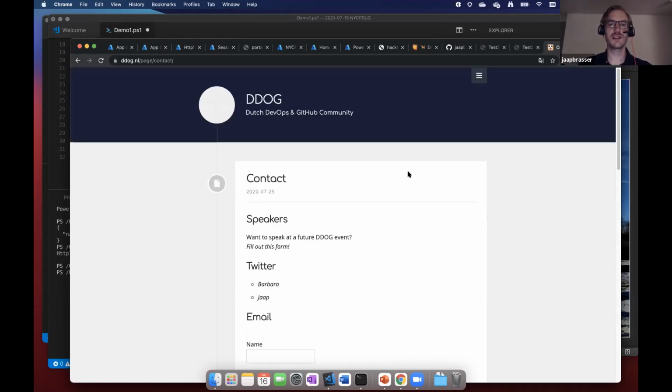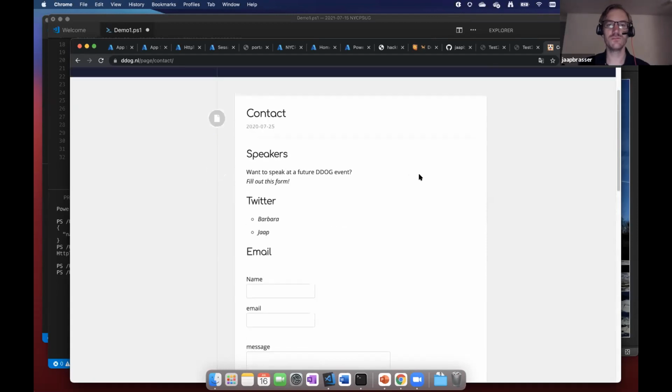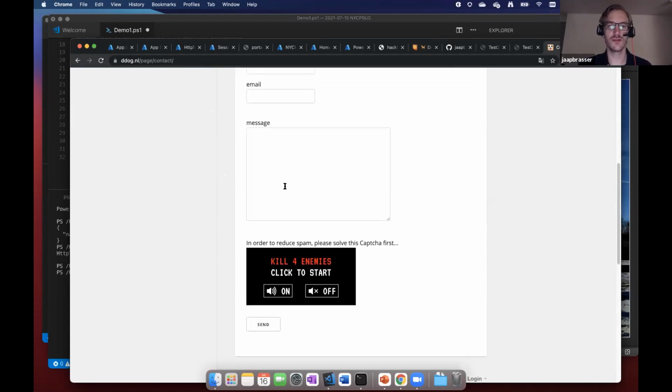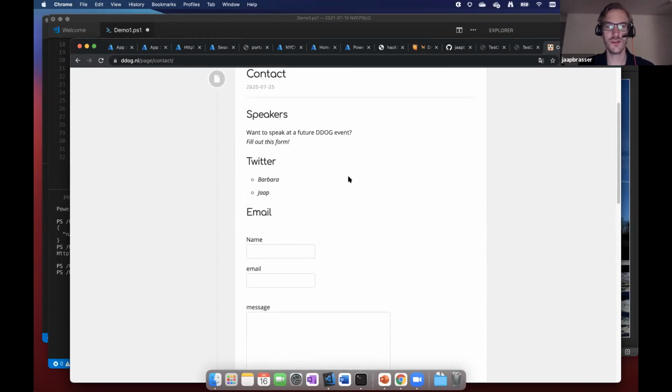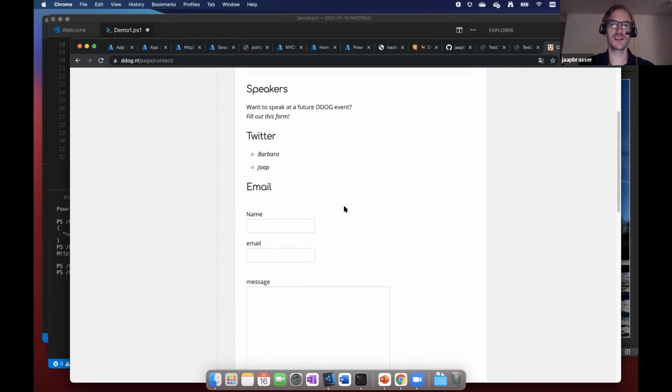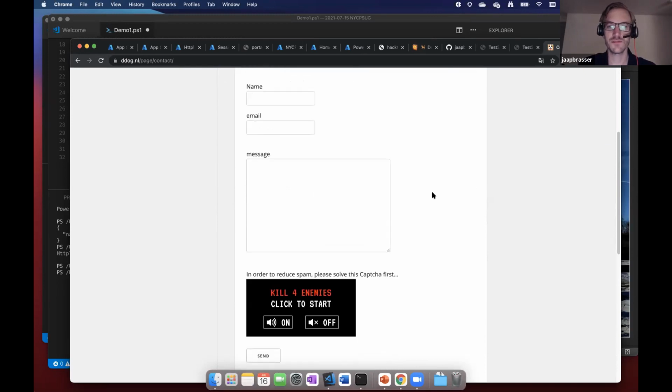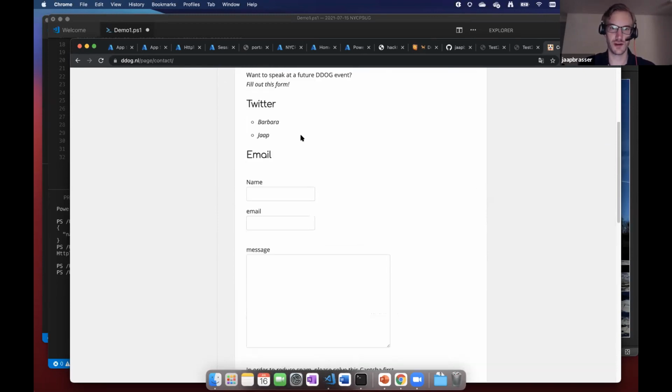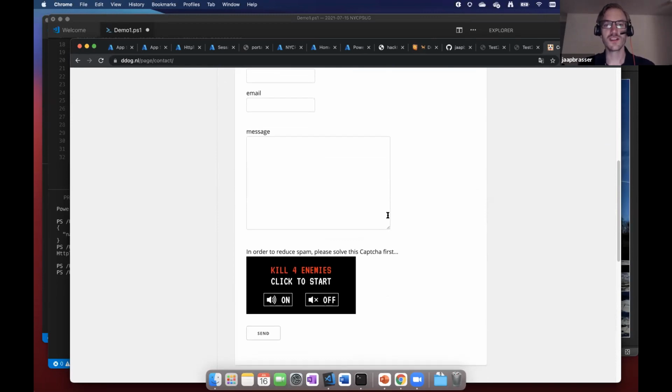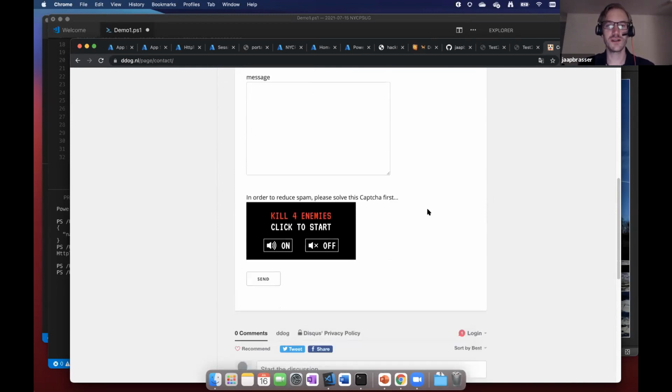So what we had is this contact form to get folks to submit if there's any questions or if anything happened, just a way for people to reach out if they don't have Twitter. So we ended up putting a CAPTCHA in there, and obviously we went for a fun CAPTCHA because boring CAPTCHAs are no good. So I got a Doom CAPTCHA. I'll do it with sound off now. We can shoot the monsters, and if you shoot the monsters, then the